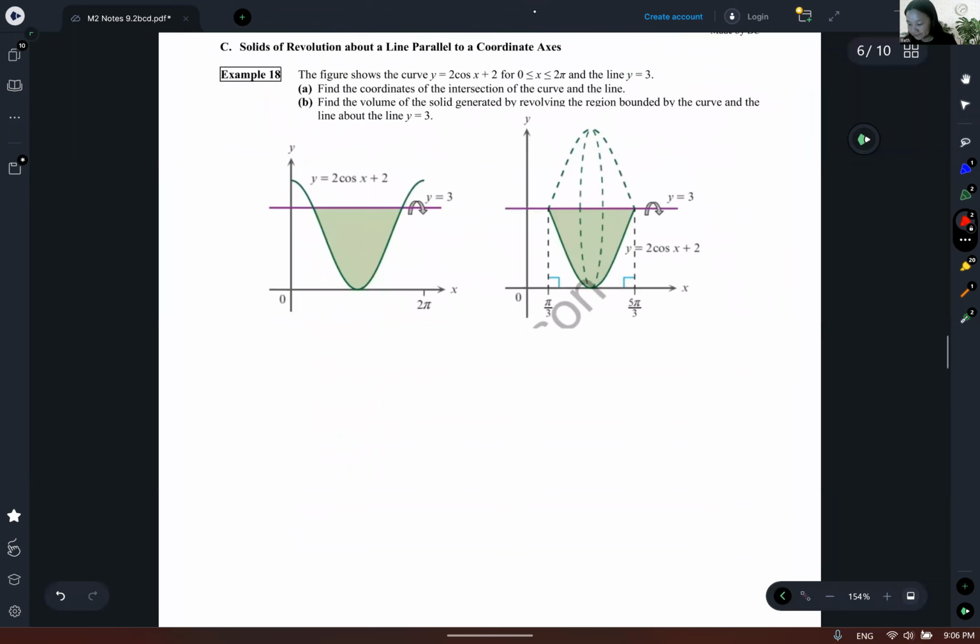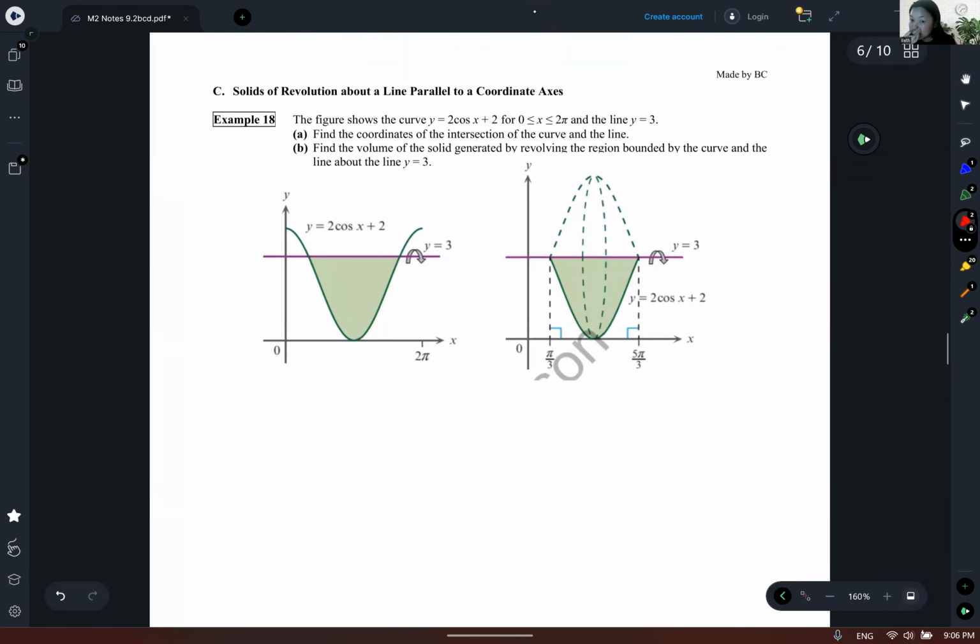The last part is a huge leap, I think, because this time we're not revolving about the x-axis. You see the title: the solids of revolution about a line parallel to the coordinate axis. Typical example 18 is that this shape is revolving about y equals 3. Let's read it. The figure shows that the curve